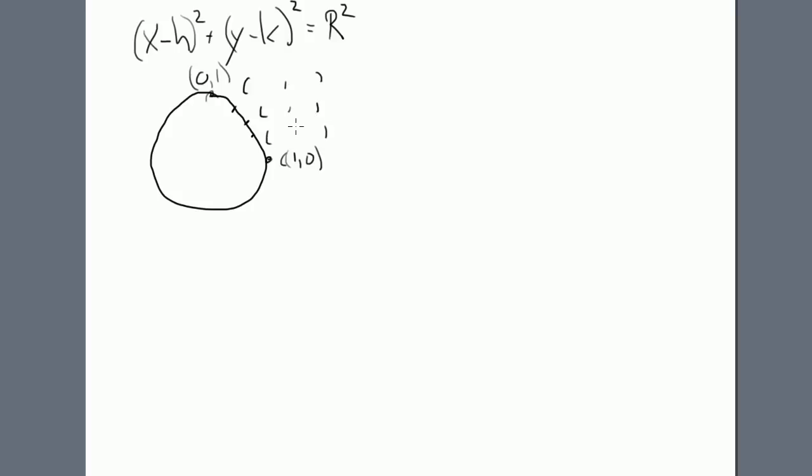Over 2, over 2, over 2. 1, 2, 3. 1, 2, 3. Think of a waltz if you must. Square root of 2, square root of 3, square root of 1 is 1, square root of 2, square root of 3. Know that on another circle or the same circle or whatever,